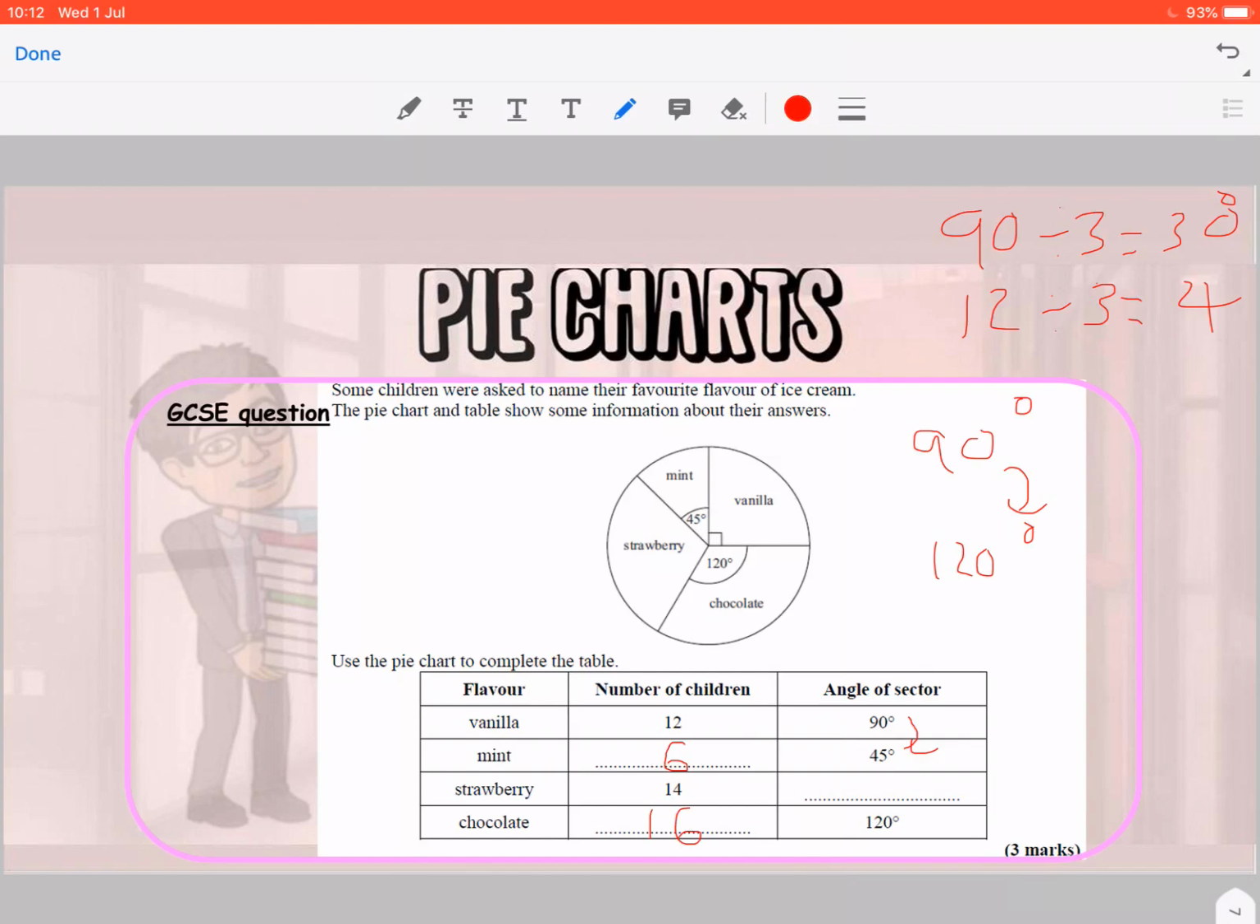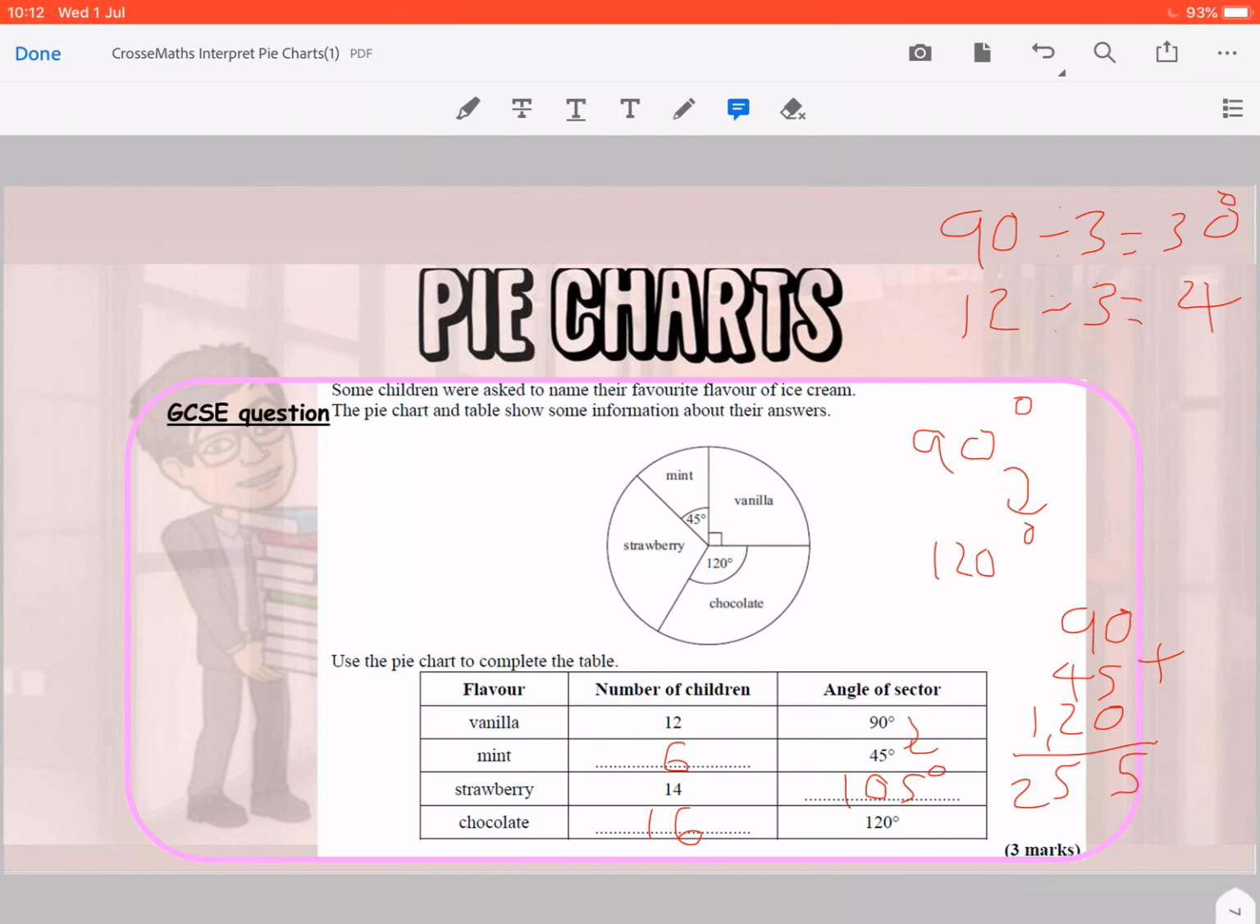Altogether on the right hand side, all of these angles, remember, have to add up to 360. So I've got 90, 45, 120. 90 plus 45 plus 120 adds up to 255. If we want to fill in that gap, 360 take away 255 gives me 105 degrees for this one. And that's it filled in. Pie charts are really